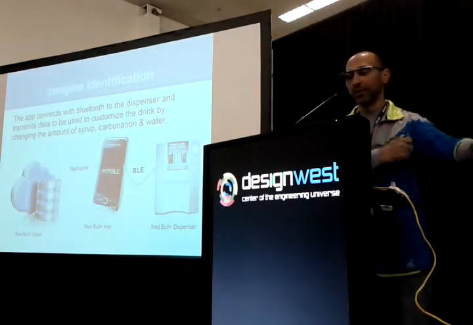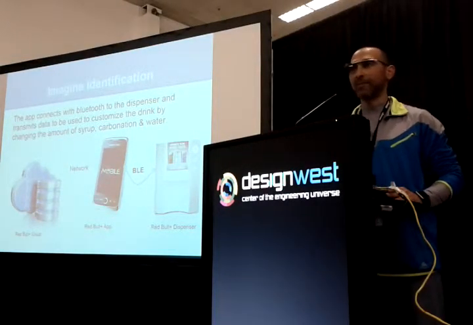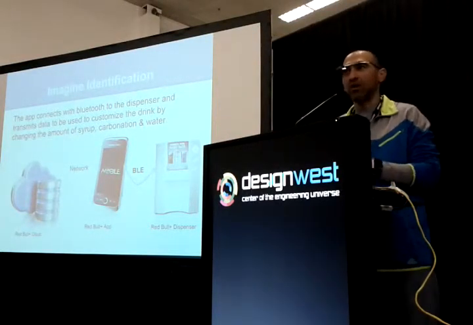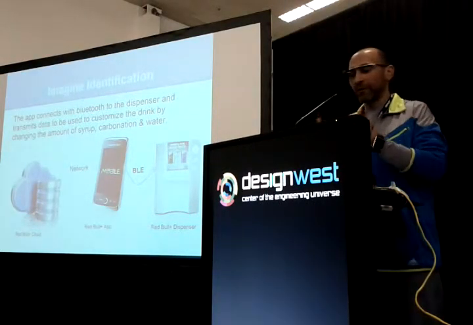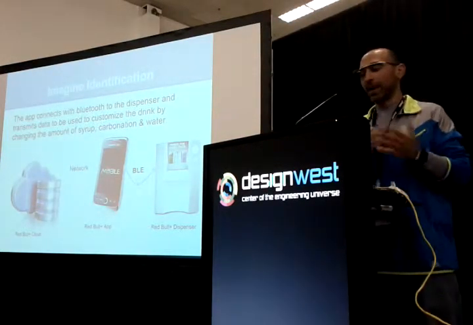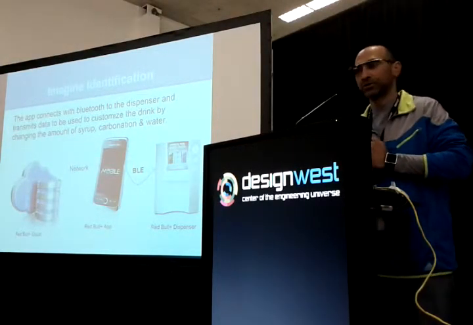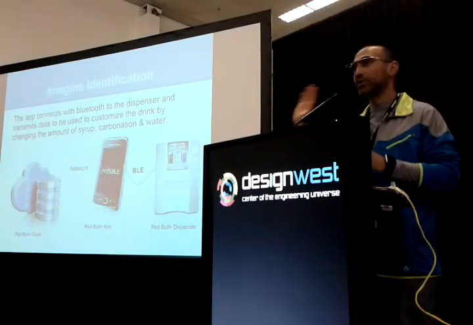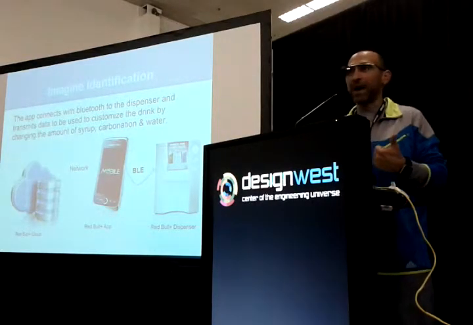and make something that is far smarter than the Freestyle dispenser that Coke made. So the way that our system works is you walk up to the dispenser and you tap it with NFC and you get a Bluetooth link to it. At that point, that device now has a Wi-Fi connection through me up to the home office and to the cloud. From my mobile app, I can look at my database of how I do my carbonation, my water, and my syrup for how I want this thing to dispense the Red Bull drink to me. So I can change my preferences far beyond anything that multi-million-dollar Freestyle Coke dispenser can do, because I'm leveraging the power of my cell phone.